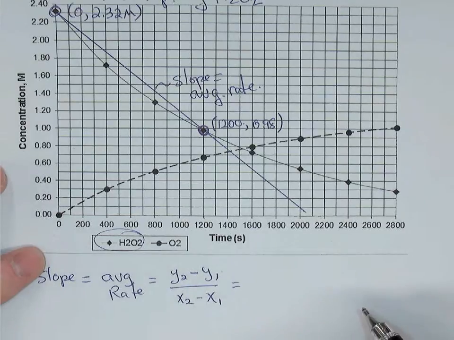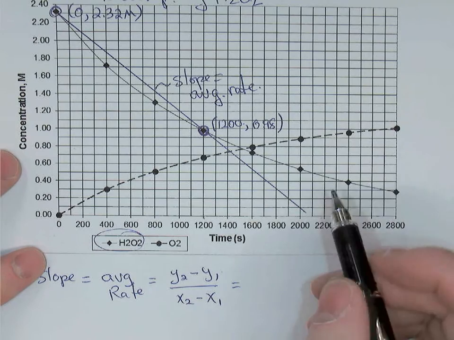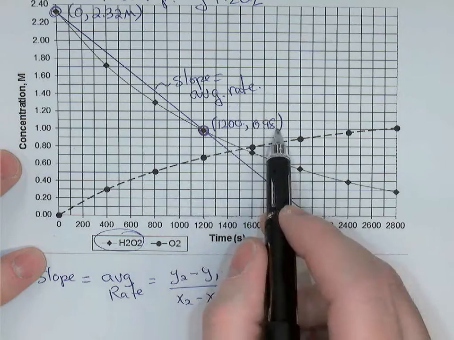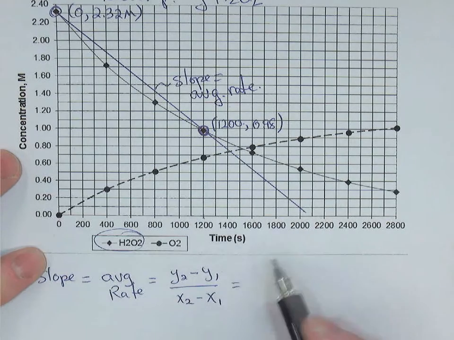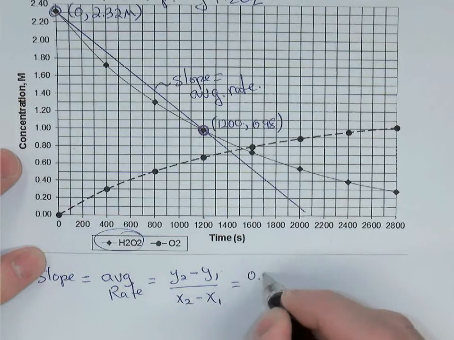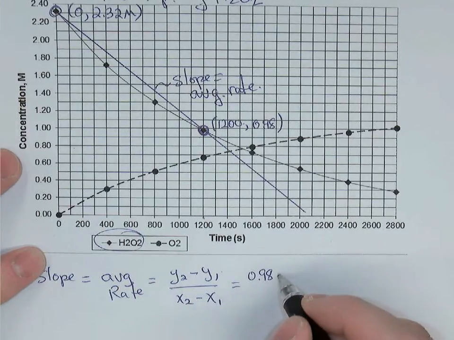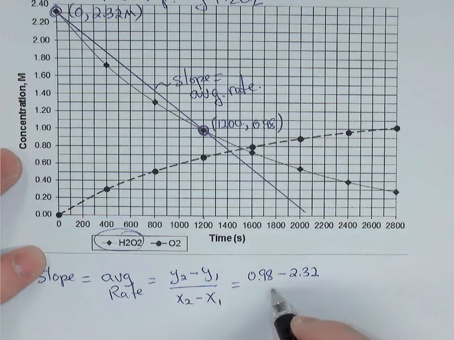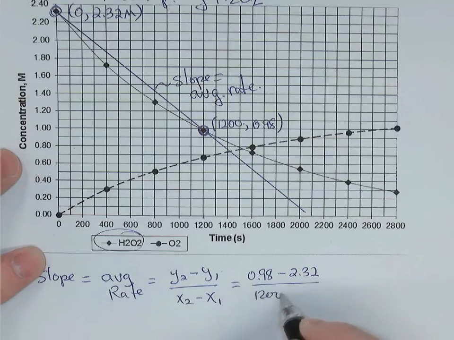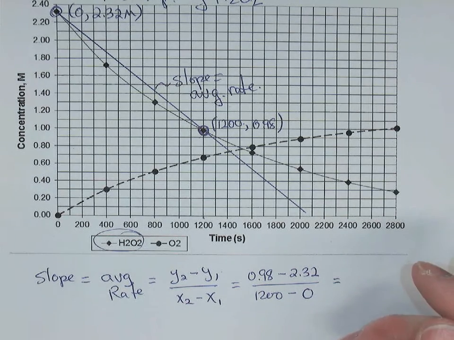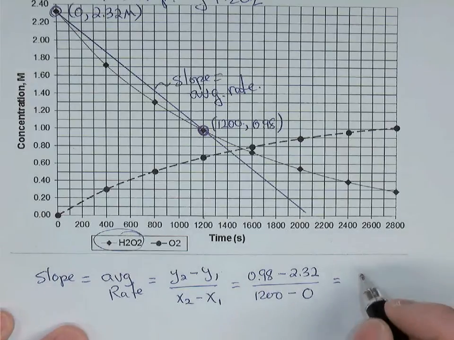Okay, so you might want to use that idea as well. So looking up at the top there, my y2 minus y1, I'll take the second point and call it point number 2, and the first point, point number 1. That's arbitrary. You could reverse those if you prefer. And then 0.98 is the y value for point 2 minus 2.32, which is the y value for point 1, divided by 1200, the x value for point 2, minus 0, the x value for point 1. And if you do that on your calculator, you'll see that the answer is the same as the one we had earlier. It's negative